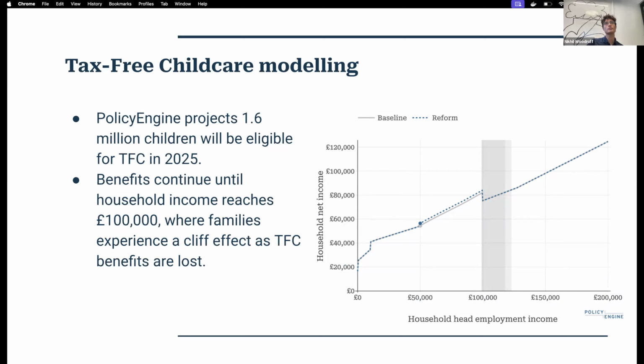As an example, for the tax-free childcare modeling, we project that 1.6 million children are eligible for tax-free childcare in 2025. And also, as we show here, there is a threshold for household income to be eligible for tax-free childcare, and there is a cliff effect, and you can see that after